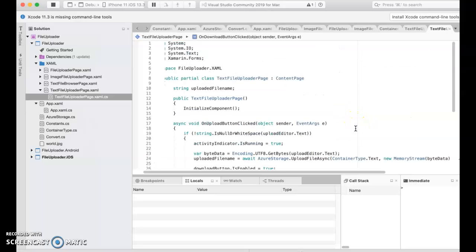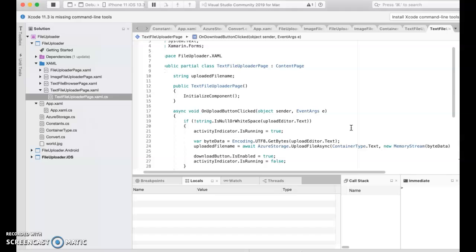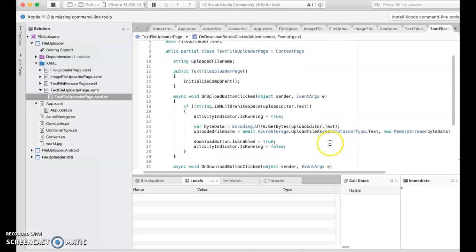So that is saving text files back and forth, and you can probably imagine that it would be pretty easy to retrofit this a little bit and use it to save JSON data, because really JSON files are just strings, and we've been using the Newtonsoft.json. We've already serialized and deserialized from JSON strings into objects, and from objects back into strings. And it would be pretty easy to modify this only slightly and be able to upload and download JSON string